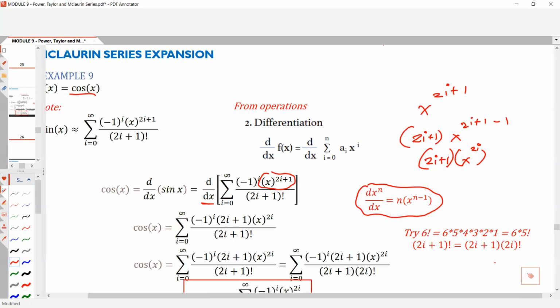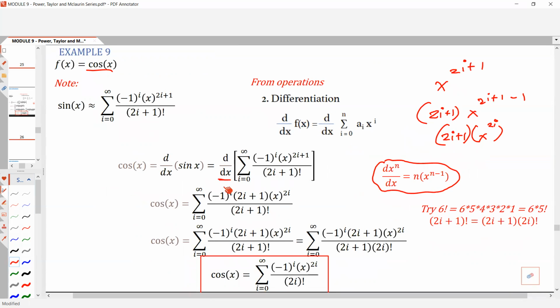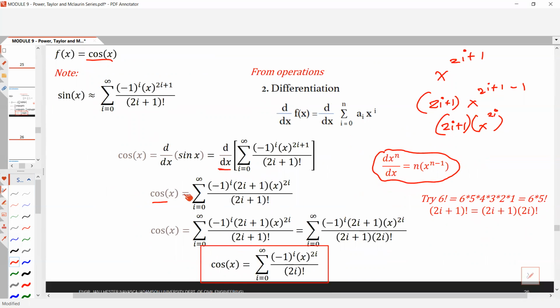Yan, para medyo malinis. Okay. So yan na, meron na tayong first derivative or the derivative of your Taylor series, of your power series expansion for sine x. So ito na yung power series expansion ni cosine x. Di ba? Yan na yun. However, if you want to be more simplified yung version, so simplify lang natin. Okay? So, negative 1 raised to i, 2i plus 1, x raised to 2i over 2i plus 1. Pwede mo siyang